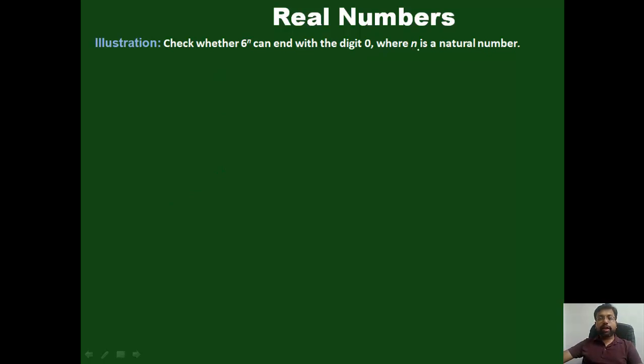Now, for any number to end with a digit 0, what is the unique property that it is going to have? Any number which ends with a 0, you just write it. It will always have 10 as a factor, right? 10 is a composite number. It can always be split into its prime factors 5 and 2. So any number that you take that has 0 in the end is going to have a power of 10 as a factor, which means it will always have 2 and 5 as